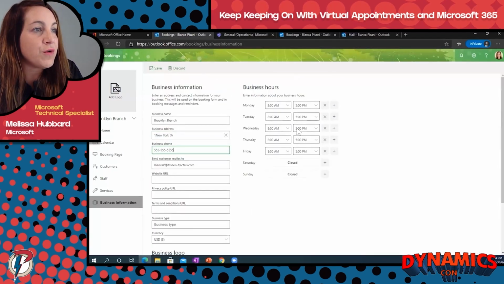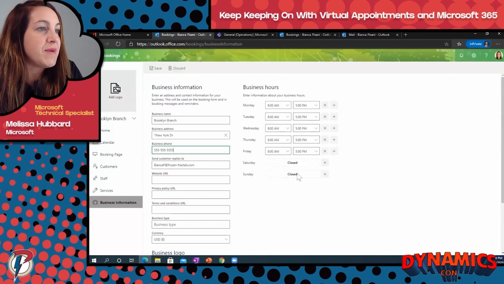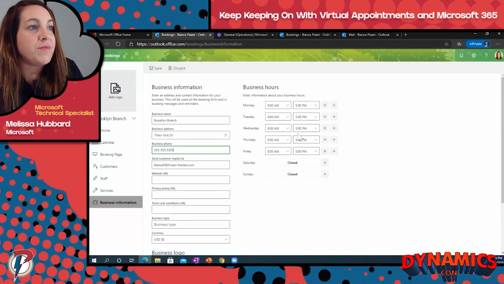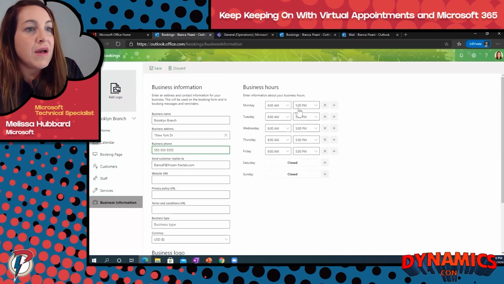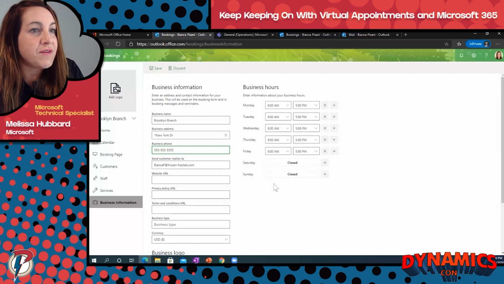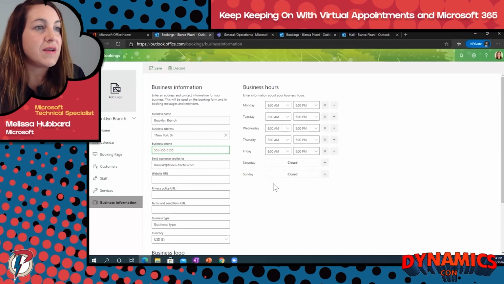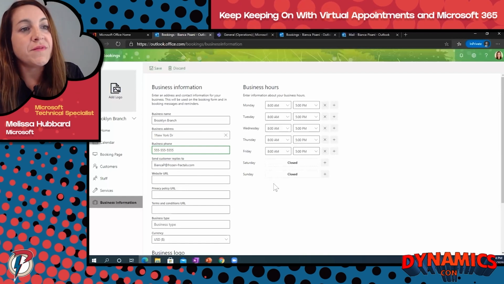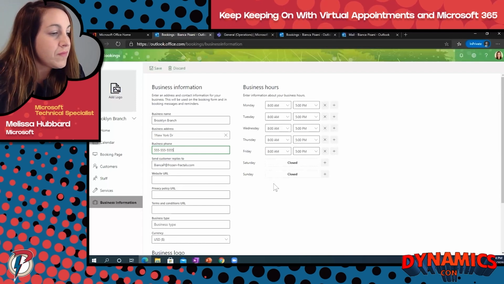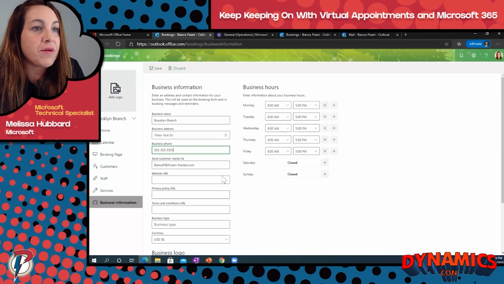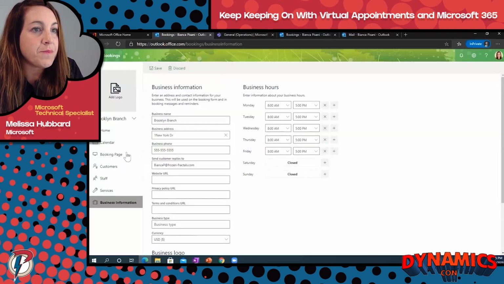And here's where I'm setting our core business hours for this branch. I can set days that the bank is closed, or I could change these regular business hours. I want to note that I'm going to be setting some standard configurations, but some of these can be changed at the service level as well. So now I'm going to go to the booking. I'm going to save this and go to the bookings page.